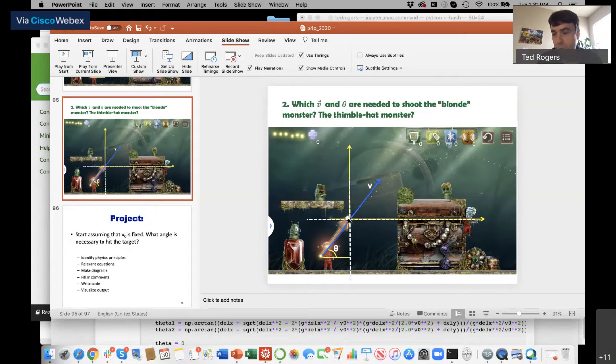You're going to say, well, what do I know? What don't I know? Remember, that's one of the main steps. Figure out what you know and ask yourself how you can translate that into what you want to know. So you know the initial velocity, and you're assuming that the computer program gives you the X and Y coordinates of the monster. And you need to take that, which is what you know, and translate that into an angle.